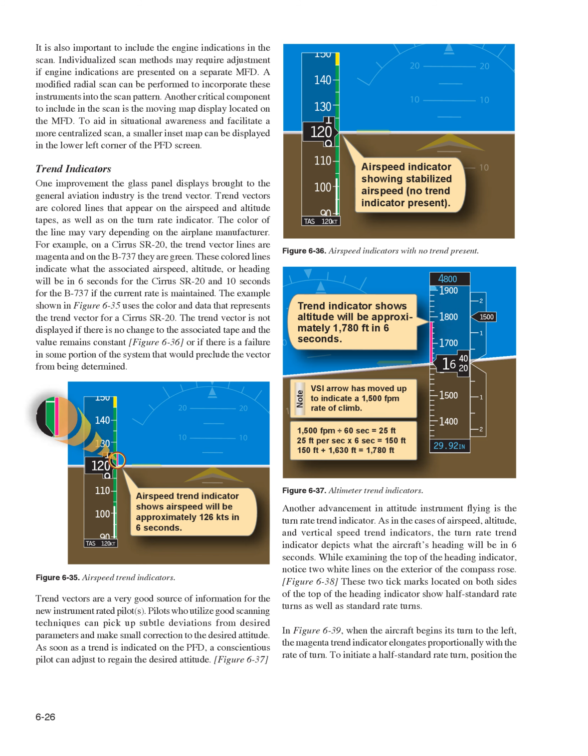While examining the top of the heading indicator, notice two white lines on the exterior of the compass rose. Figure 638. These two tick marks located on both sides of the top of the heading indicator show half standard rate turns as well as standard rate turns. In Figure 639, when the aircraft begins its turn to the left, the magenta trend indicator elongates proportionally with the rate of turn. To initiate a half standard rate turn, position the